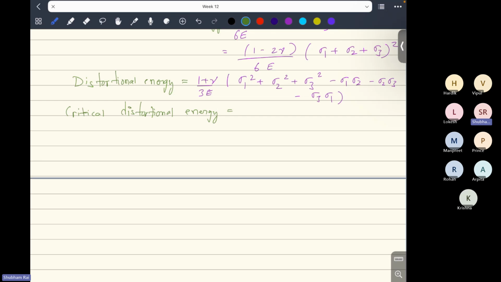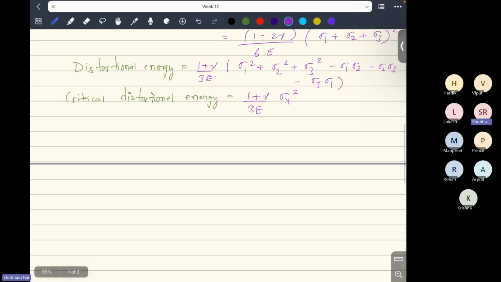Since we are taking it from the uniaxial test, only sigma y will be present, that is, at the failure point the stress will be equal to yield stress. Let's say sigma 1 will be equal to sigma y and sigma 2 and sigma 3 will be 0. So this expression will lead to (1 plus nu) by 3E and sigma y to the whole square. Okay,